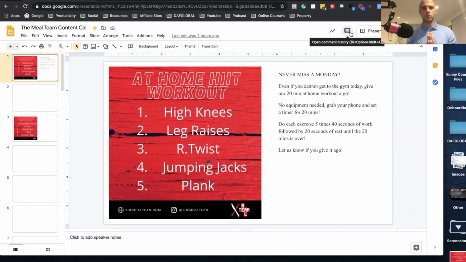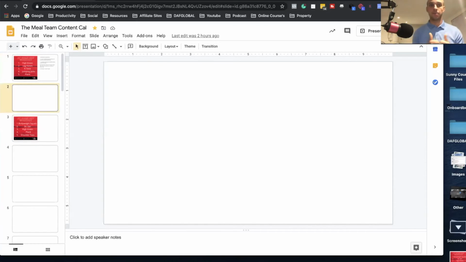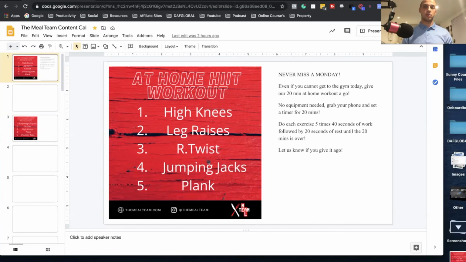So what I like to do is plan out the whole month in here, and then I can either get a team member to create all of these posts, or I create the posts and write the captions myself, or you can automate it. Get a team member to create the posts, write the captions and the hashtags, and then I can just come in here, look through all of the content that's going to go out this month, and simply approve it. Okay. And then they can go ahead and schedule all of that content out on, like I said, Creator Studio or Hootsuite.